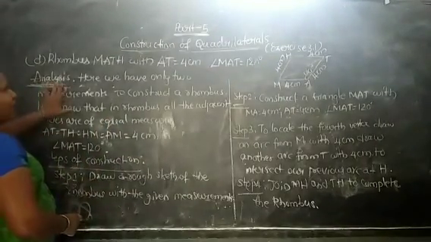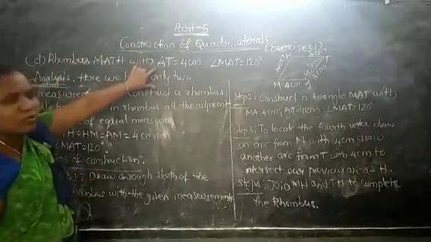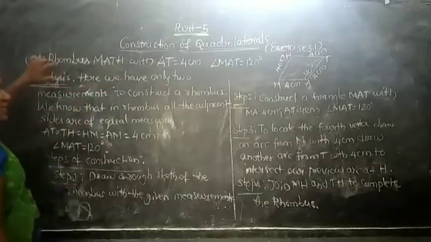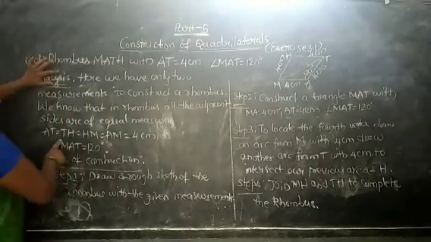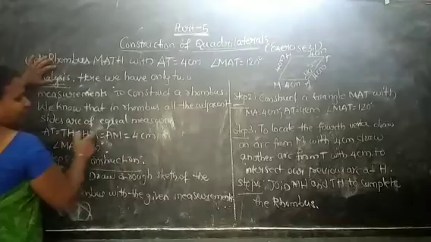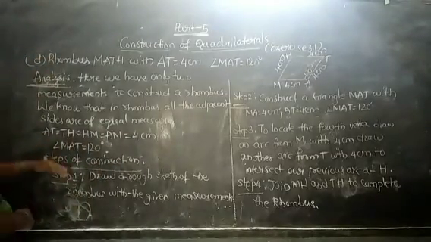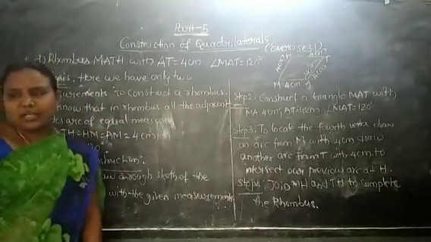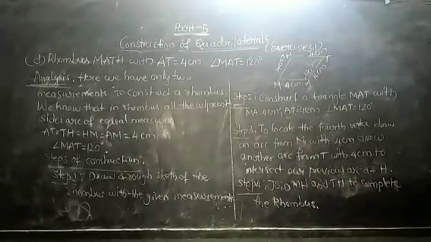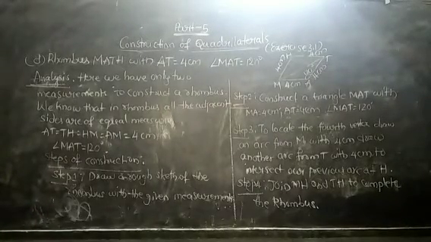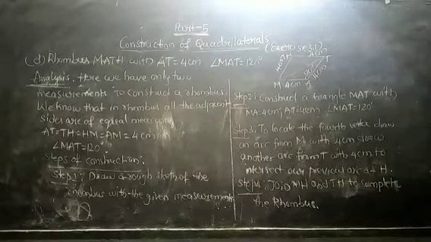First we have to analyze. Given one measurement only, but it is given that it is a rhombus. In a rhombus, all the 4 adjacent sides are of equal measure. So by using this analysis, we can write the steps. Please copy these. Then I will give the construction now.